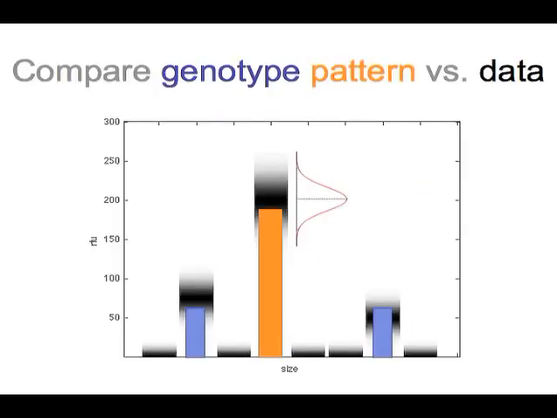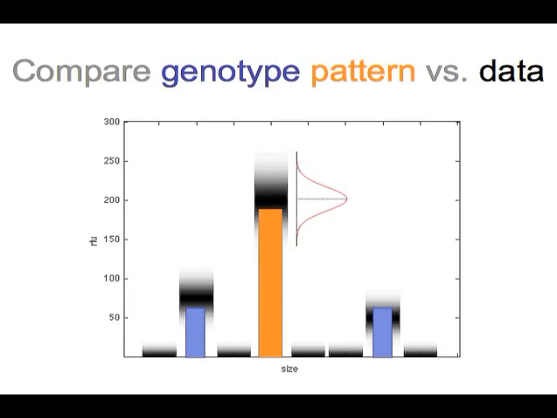Computers excel at arithmetic. So what happens to infer genotypes by Bayes' rule, or Bayes' theorem, is that all possible patterns are generated in all possible ways from all varying values of parameters: all possible genotypes, allele pairs, all possible mixture weights, quantities of DNA, stochastic variation of the peaks, and so on. All these variables are tried out, and their patterns are compared against the data. The data here are shown with the probability of a peak, because that's really what's being compared. We don't know what the underlying DNA quantity is exactly. We only know it up to probability based on the peaks that we observe as the mean and the data